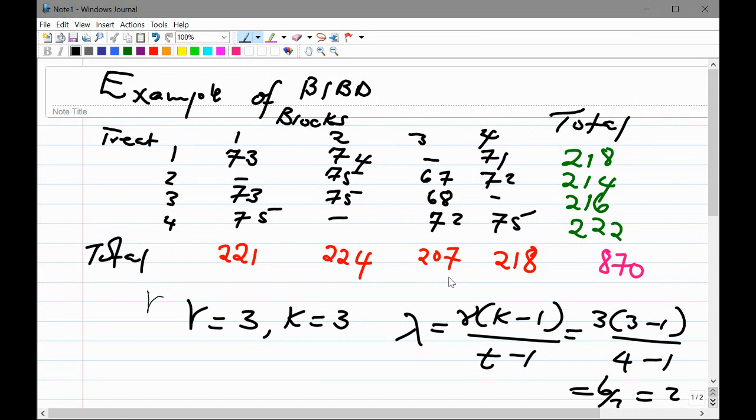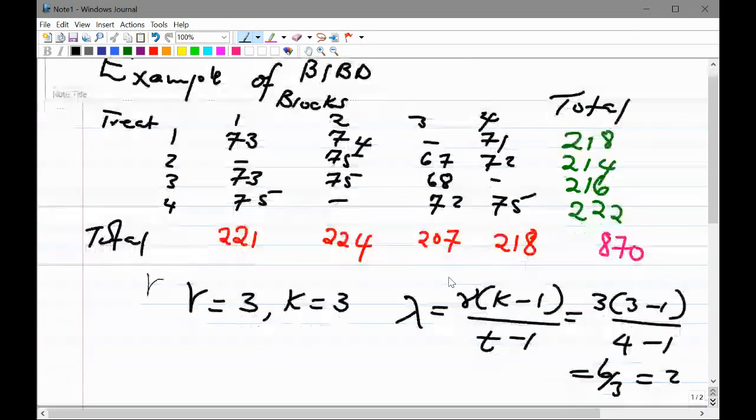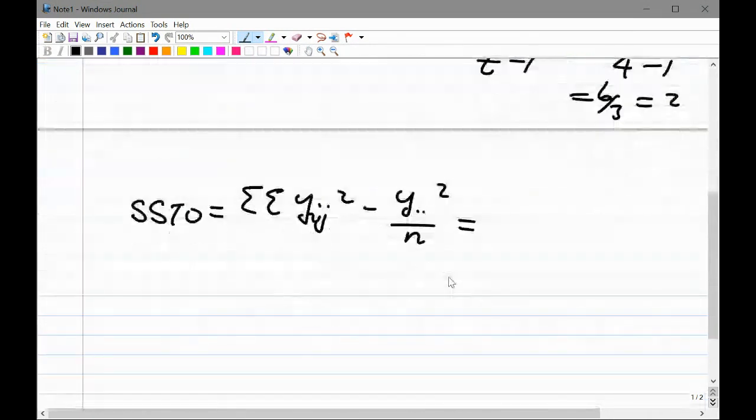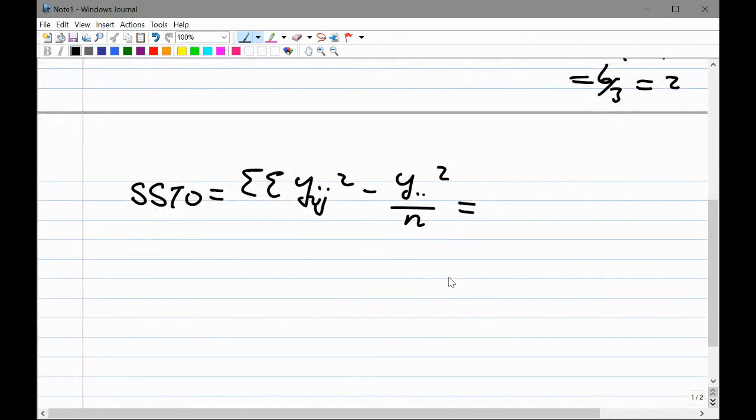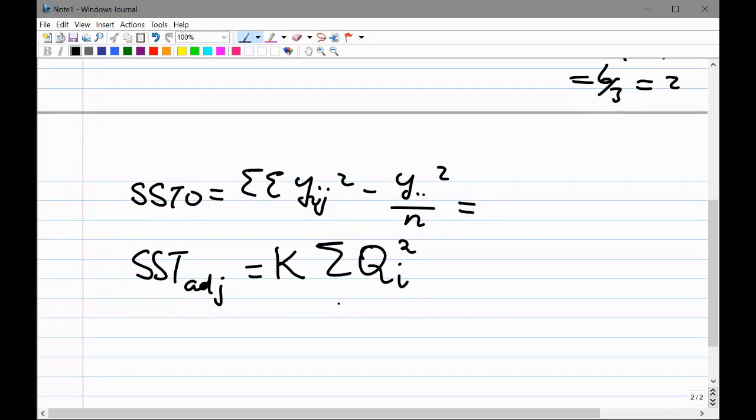So from there, after finding SSTO, I think this data set is there in your study guide. After finding SSTO, when you adjust for the treatment, I think you're not seeing this formula for the first time. It's called SST adjusted because we're adjusting the treatment. It is given by K, the K that you know, times the summation of Qi squared divided by lambda times T,